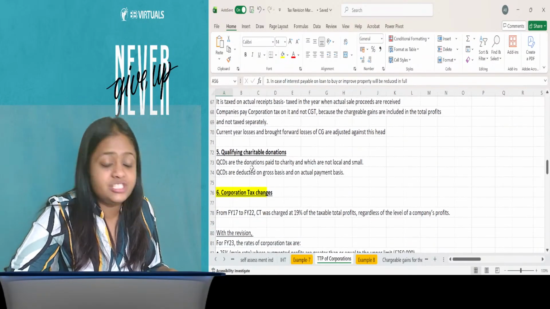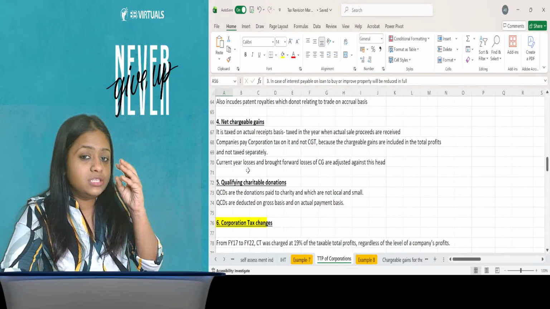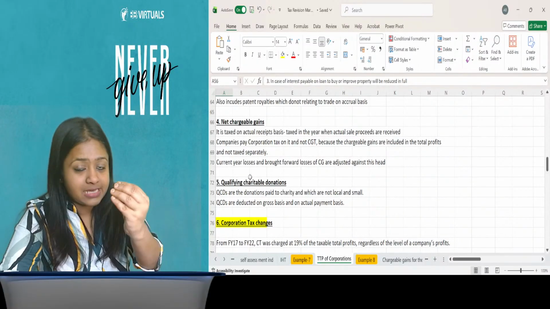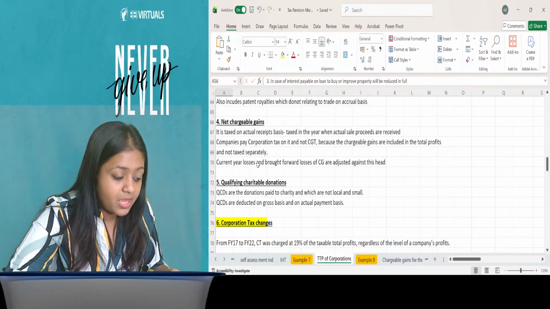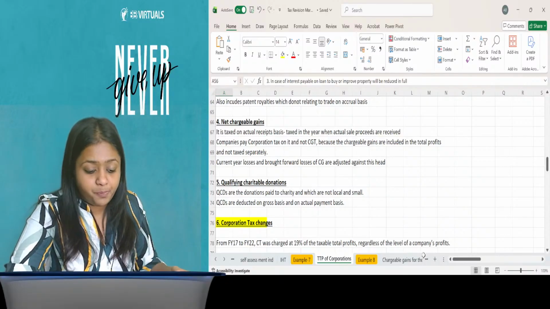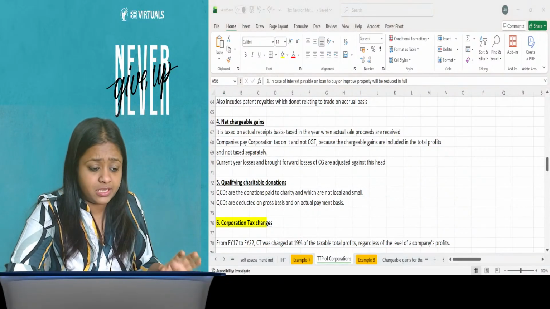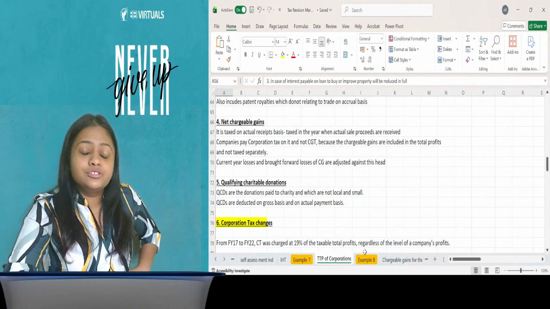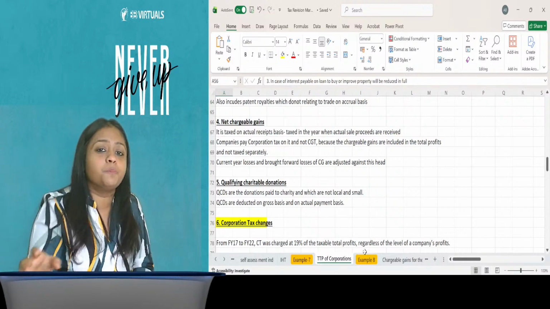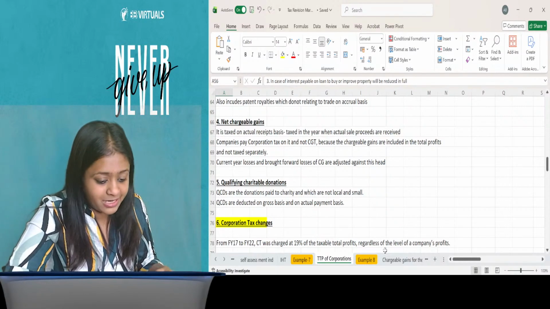Okay, now net chargeable gains, the same rule like individual will follow, no changes. There are changes in shares and securities, and one difference is there that I will cover in the chargeable gains topic. And one more important point, the corporations pay corporation tax on it. They don't pay the CGT on it, right? So here we just have one tax, which is corporation tax, which is calculated on the TTP. Done and clear? Great.